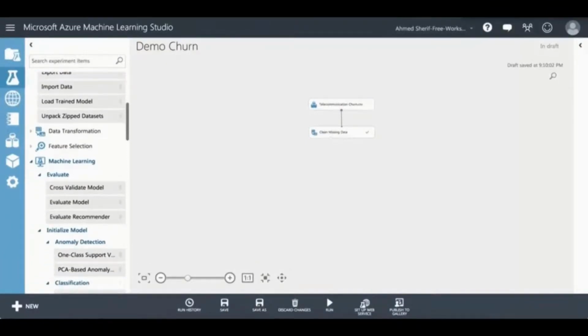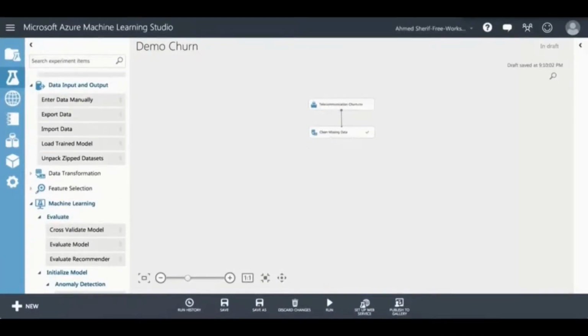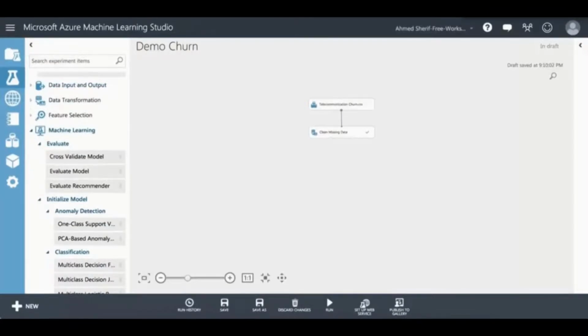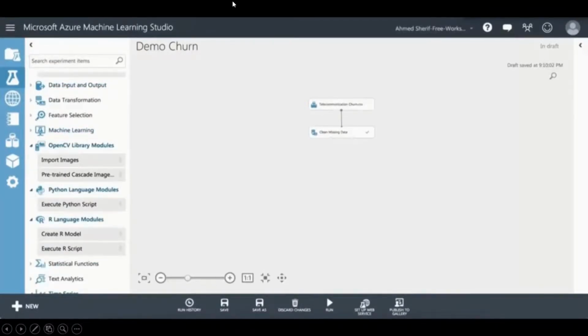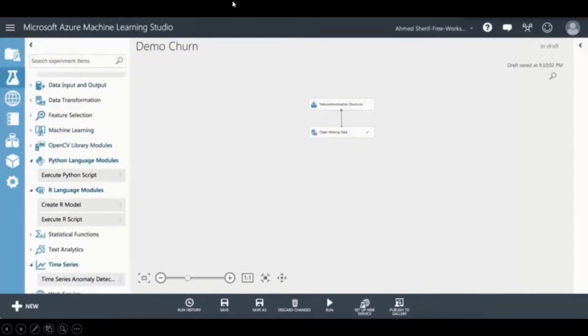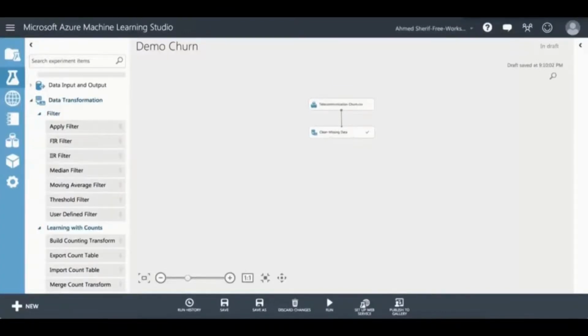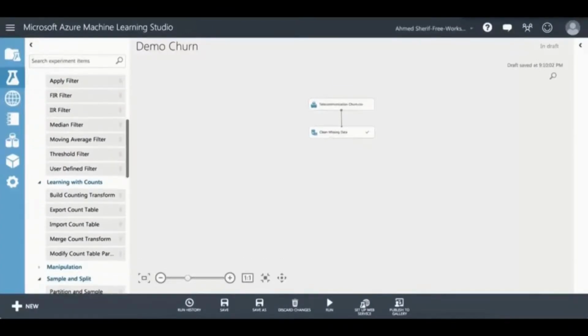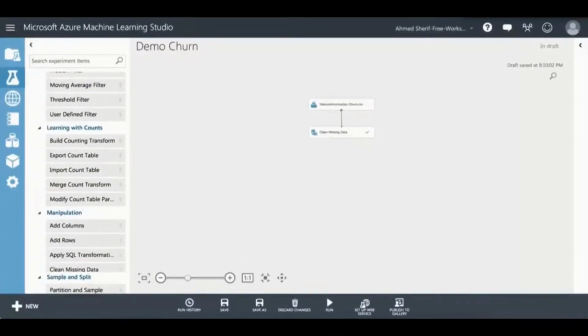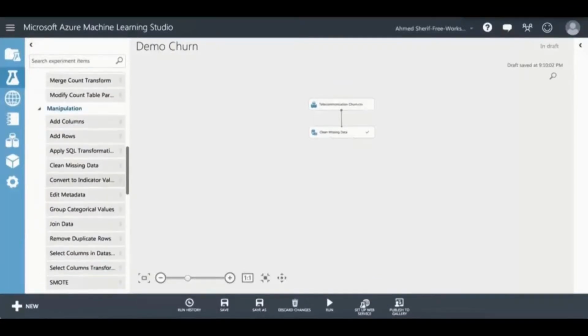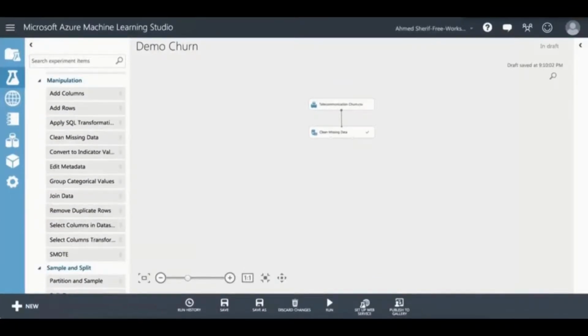So now we got our data set cleaned up. Let's go ahead and build a logistic regression model, and then we're going to score and evaluate it. So we have our clean data. We're going to go ahead now and select the fields that we want to build our model out of. So our model is going to show us,